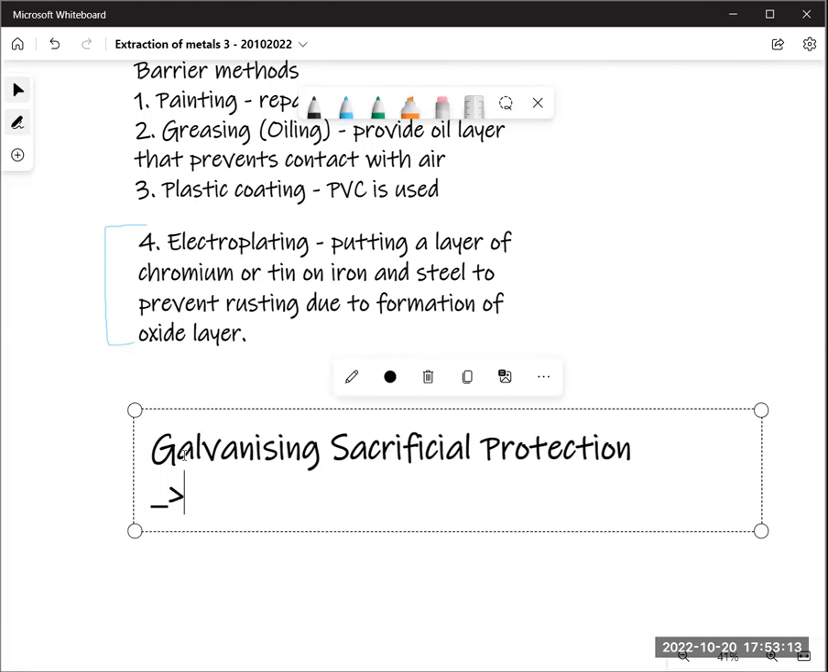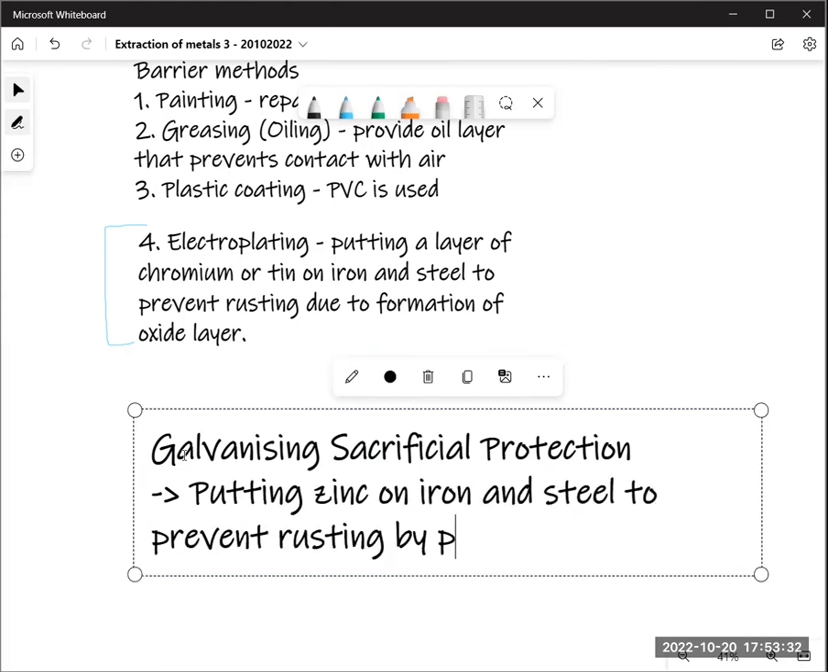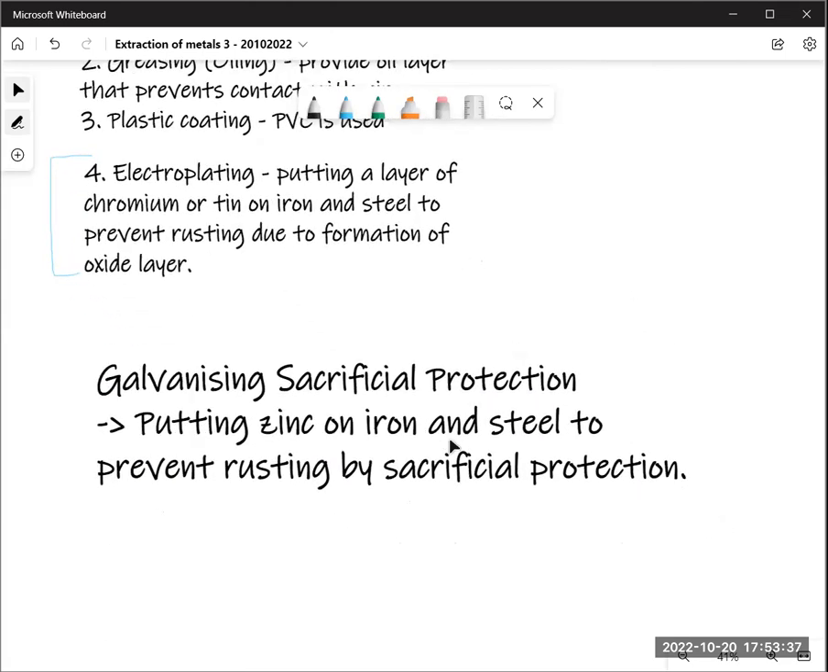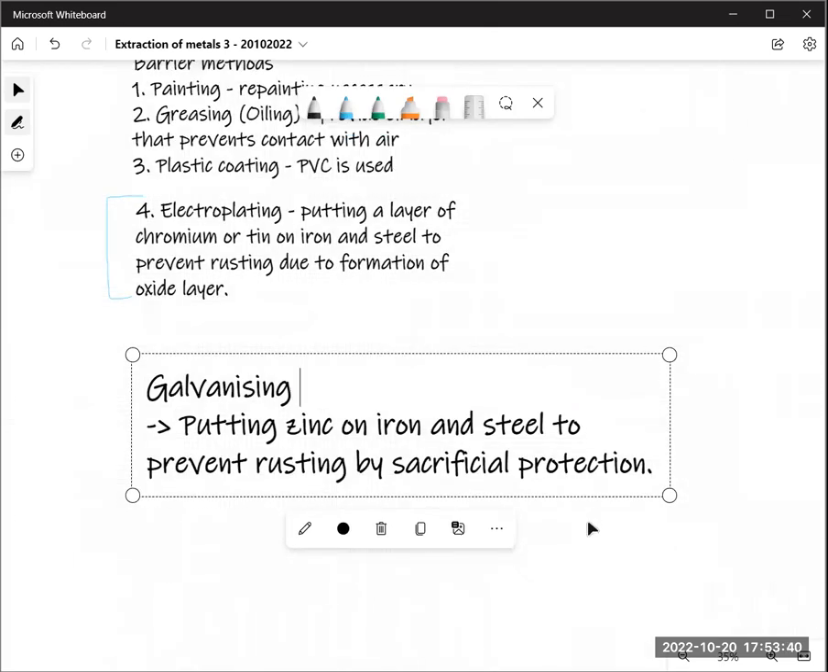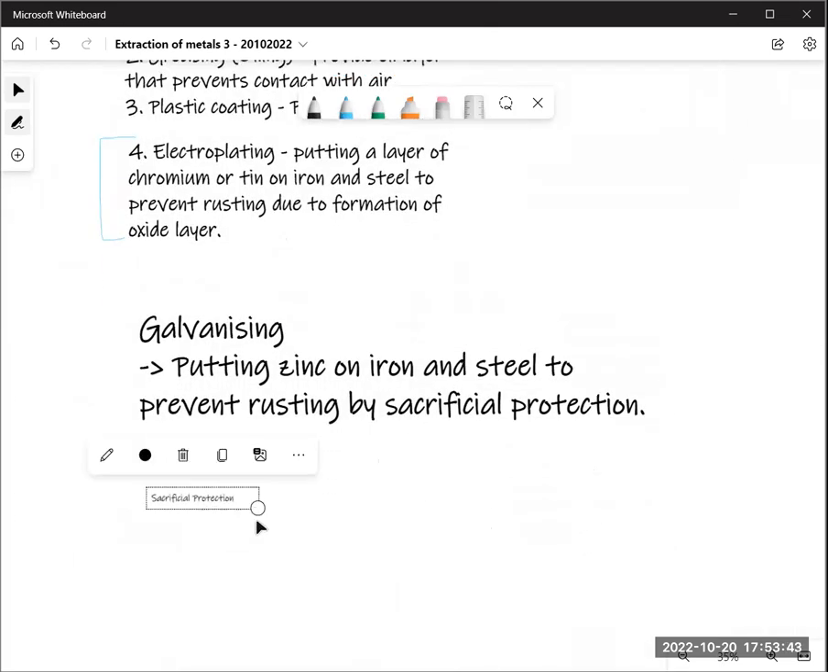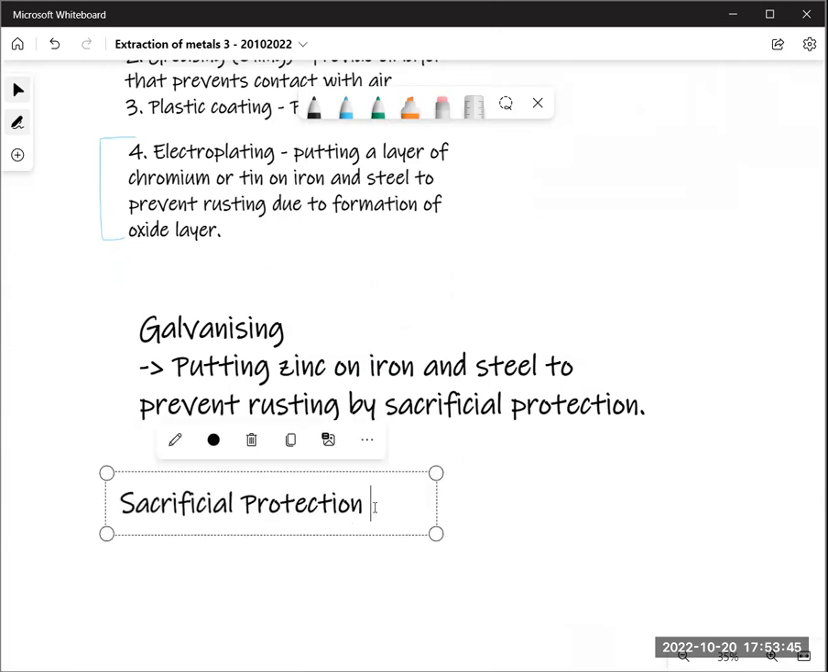I'll give you the definition. Galvanizing: putting zinc on iron and steel to prevent rusting by sacrificial protection. That is the definition of galvanizing. Now, what is sacrificial protection? Attaching a more reactive